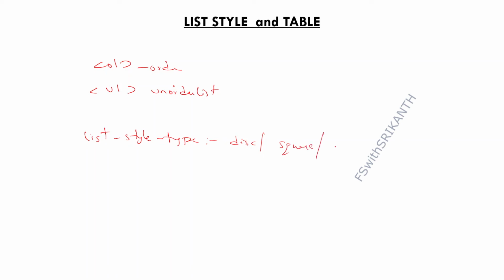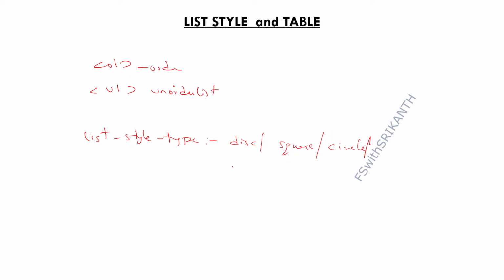In this lecture, how we apply different list styles and the table tag. Generally in HTML we directly use the OL tag for ordered list, and UL for unordered list, right? But in CSS we have two types of properties available. One is list-style-type. With the help of list-style-type, we can apply styles in different ways, like disk, square and circle,